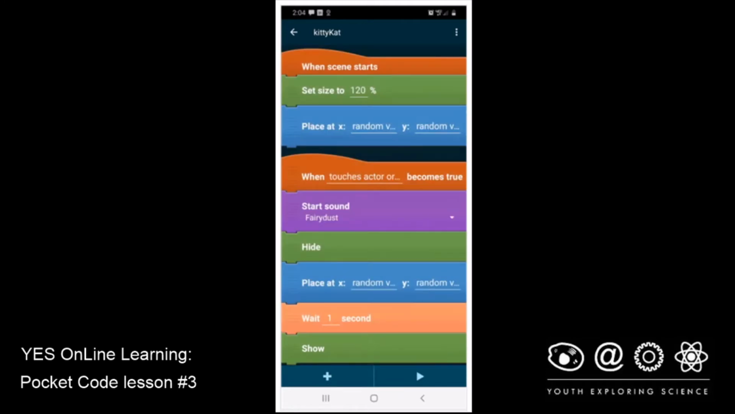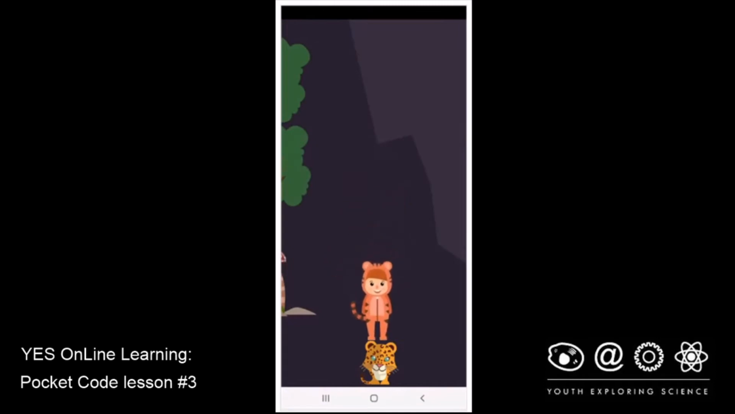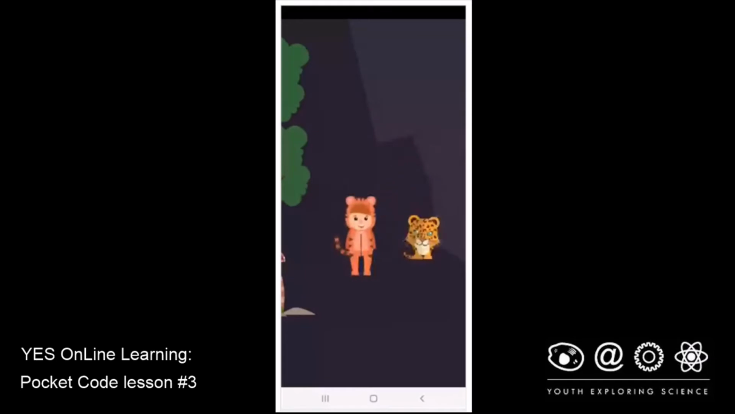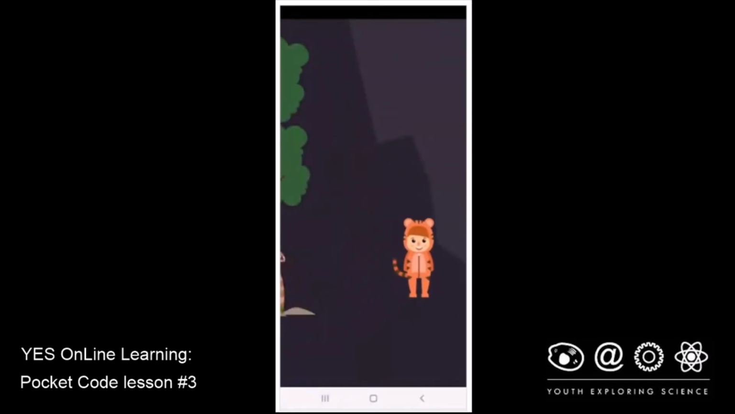So now, let's see if we have a game here. So I'm going to click plus. And it looks like we have a game. So you can use this code to see how to move something around and have the other thing disappear when